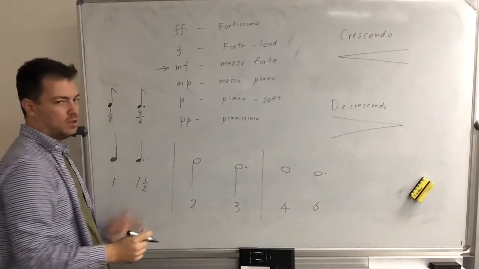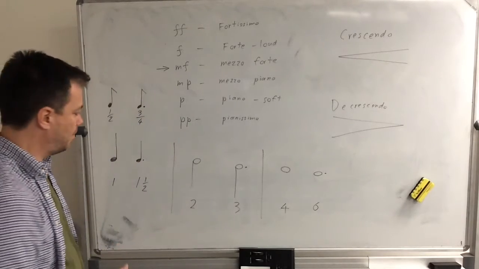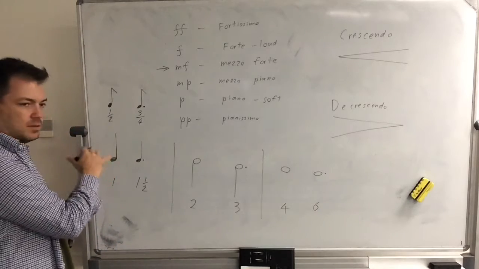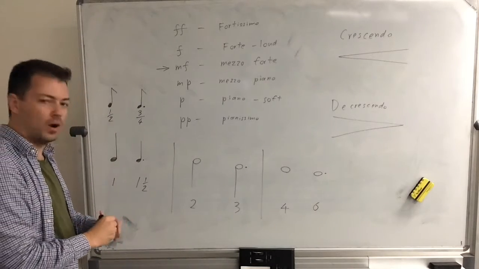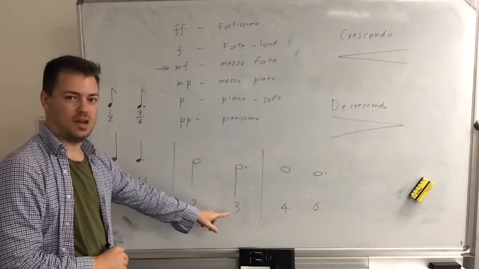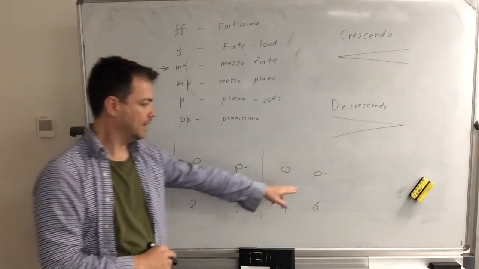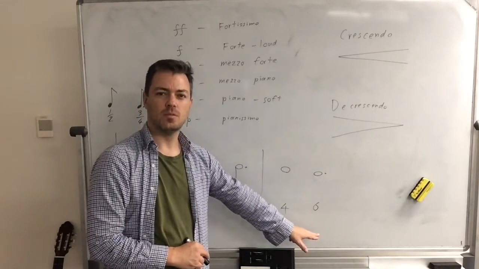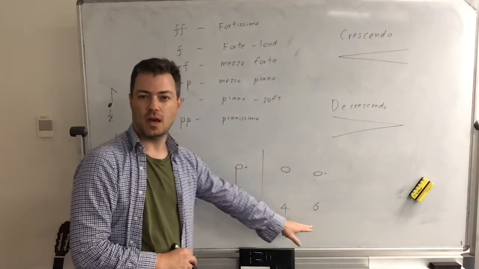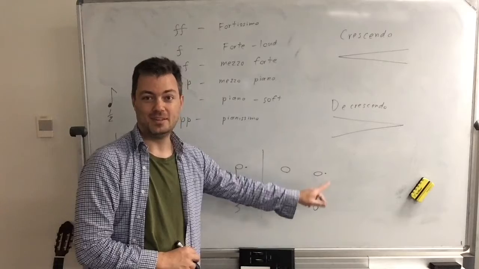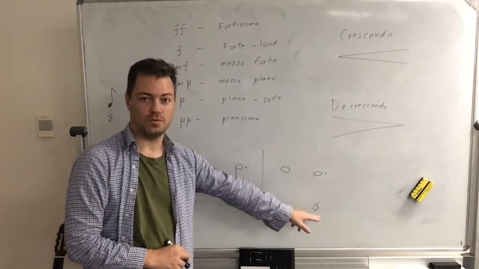Okay, and you can keep going with this, but that's the main point. The most common one of these is this one down here. This is the most common dotted note you will see. You very rarely see this one because most of the time we're in 4/4 and you can't fit a 6-beat note into a bar of 4/4, so you don't see that one too often.